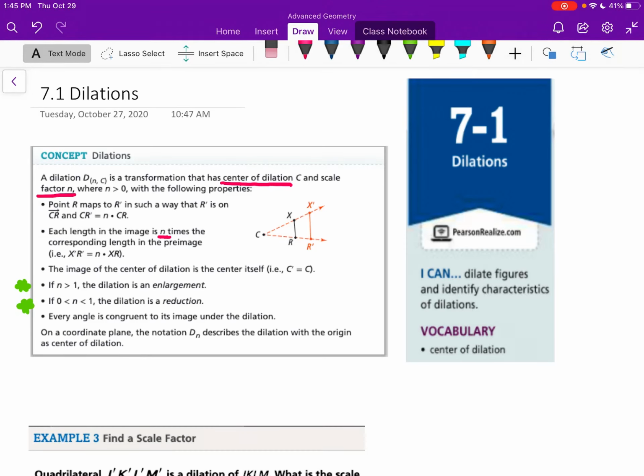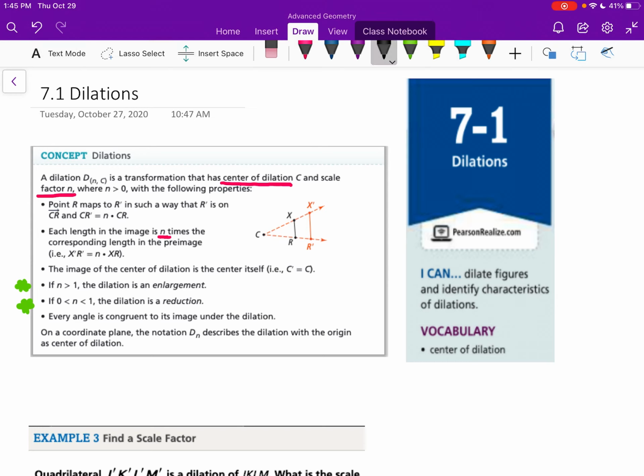All right, you guys, our last section of topic 3 is actually section 7.1, and it's not in your workbook because 7.1 talks about dilations, which is when we change the size of our shape. We either get bigger or we get smaller. So you can just take these notes on any type of sheet of paper, and let's write down some main